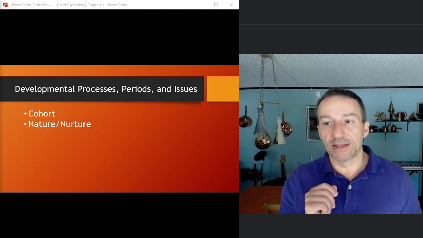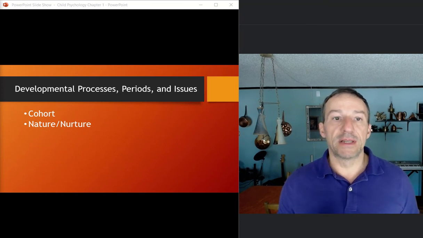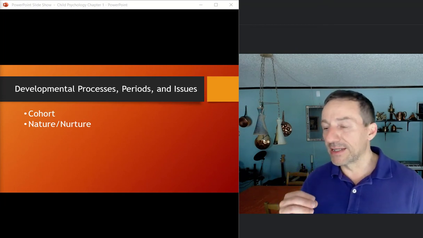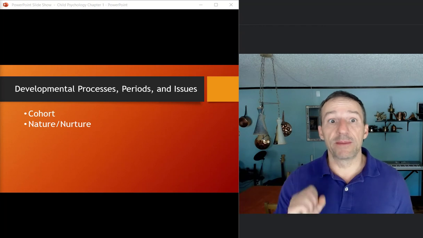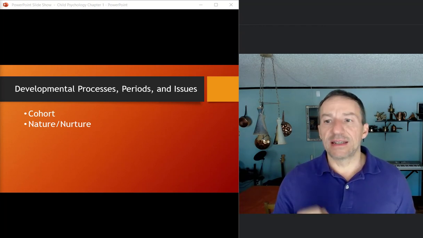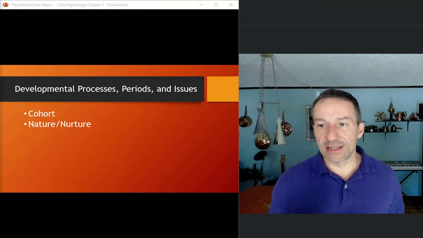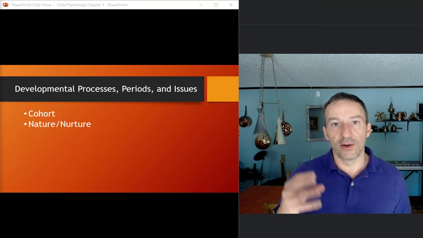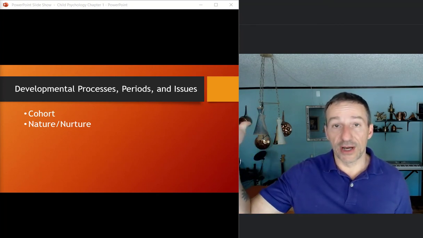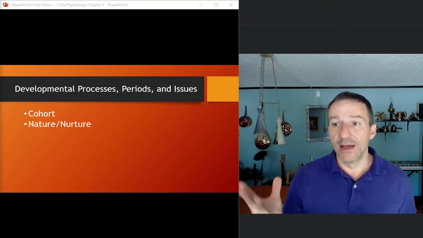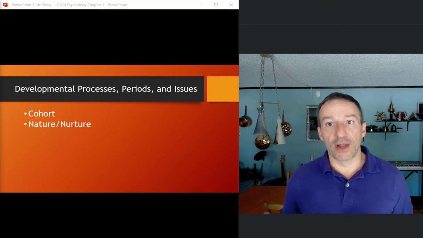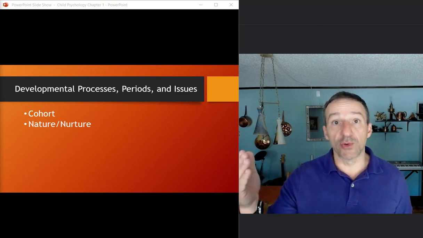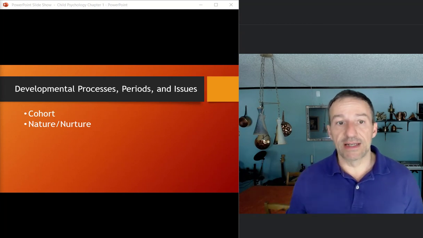Another issue, I forgot to list it on this slide, but another issue in developmental psych is continuity versus discontinuity. Basically, is development gradual? Is it something that happens over a long period of time? Or is it in these distinct stages where you change basically all of a sudden? One of the examples from the book to give you an idea of what they're talking about here is the idea of an oak tree, that it's a seed and it grows up to become a giant oak tree. That's a very long and gradual process compared to a caterpillar becoming a butterfly. That's almost like an immediate transformation. And so that's the difference between gradual development and going through these very distinct stages.